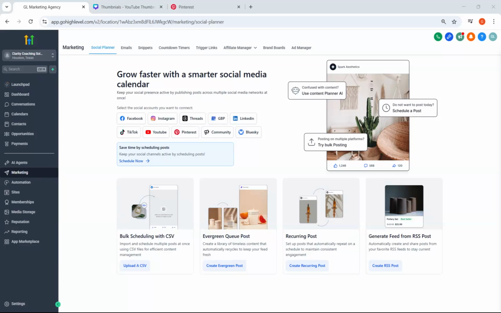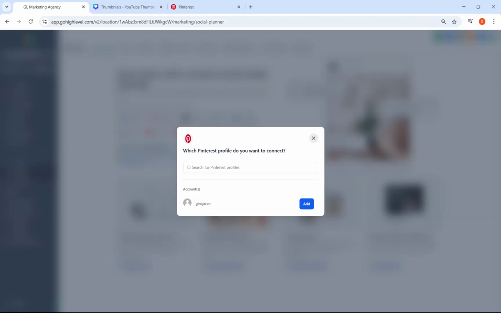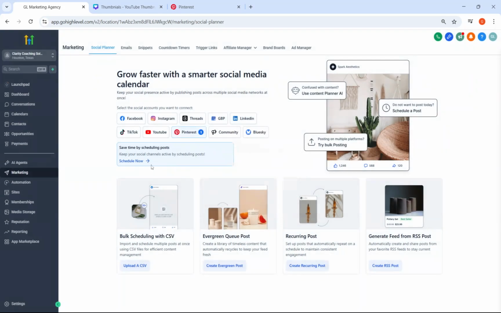I'll go ahead and click on Give Access, and then here you go. Click on Add. As you can see, this green text shows Connected. Now you can start scheduling a post. So click on this,